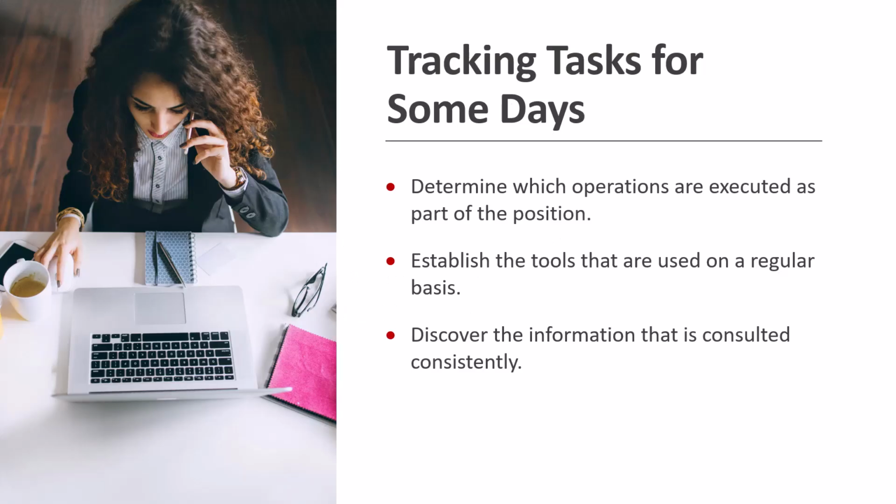Tracking tasks for some days. In order to identify the procedures you need to include, it is necessary to track tasks for a few days. This should help you identify the following information. Determine which operations are executed as part of the position. Establish the tools that are used on a regular basis. Discover the information that is consulted consistently. Determine which events and meetings are